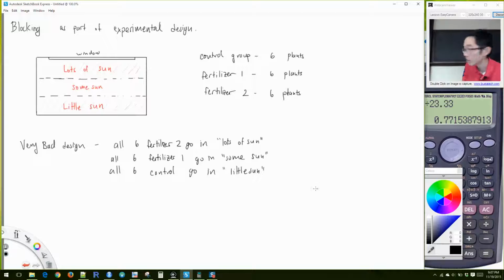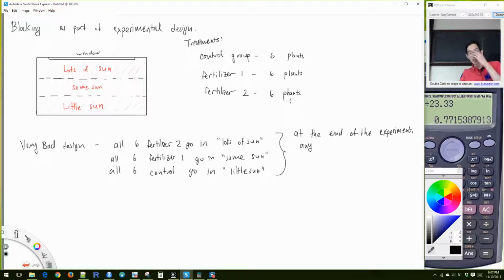Okay? Because at the end of the experiment, if we detect differences, okay, any differences detected between the 3 fertilizers or the 3 treatments,